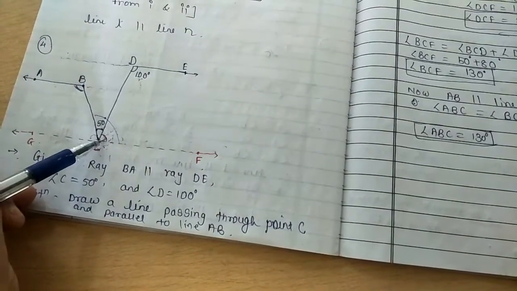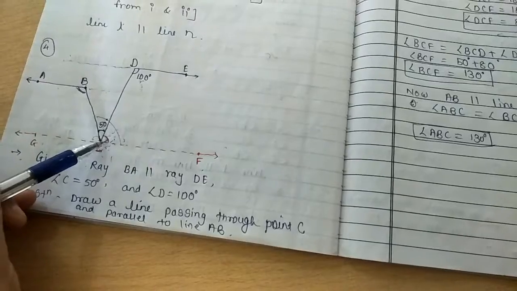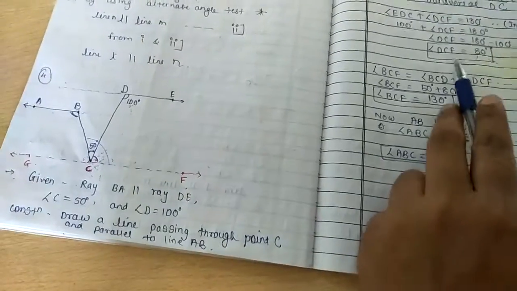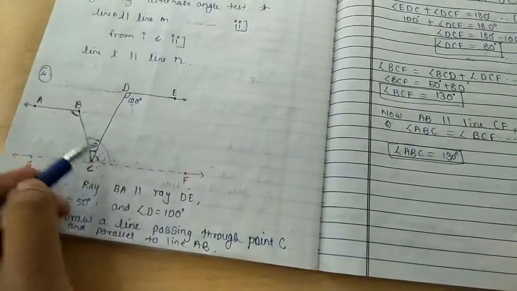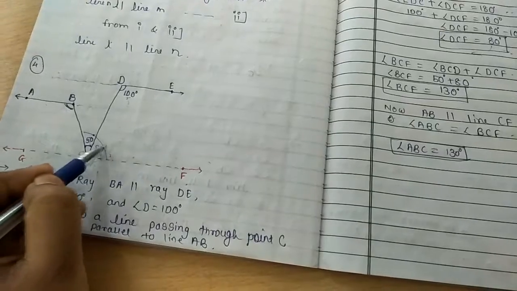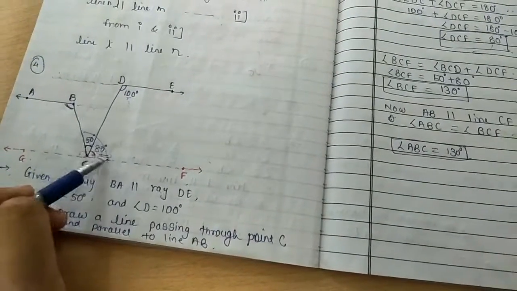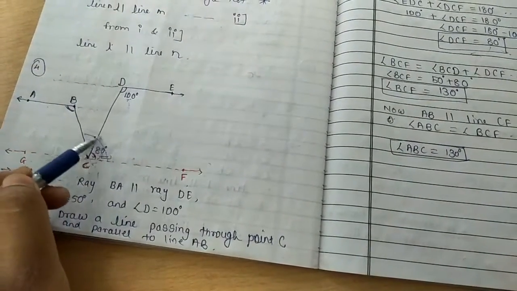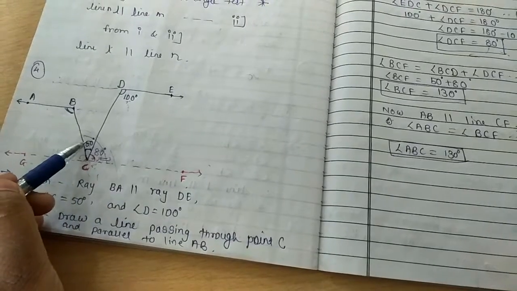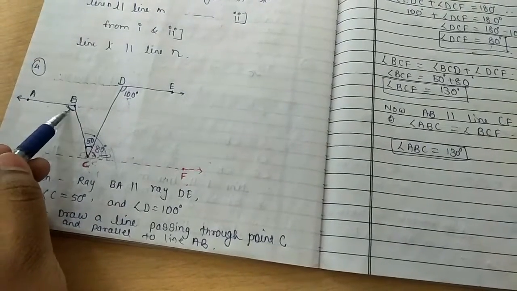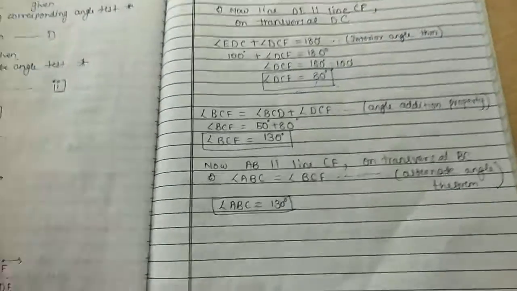This angle measurement we find out first. So what do we get? We get 80 degrees. Now this 50 degrees plus this 80 degrees which we found: 50 plus 80 is the measurement of this full angle, and it is 130. So this is 130, and step-wise we have to write it down here.